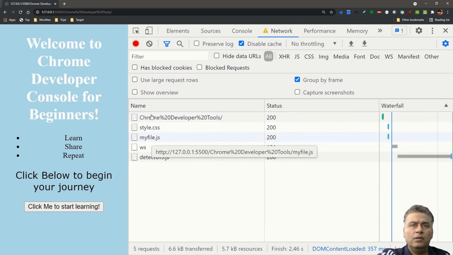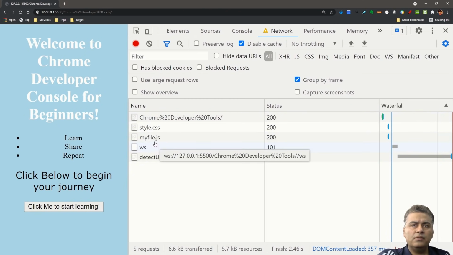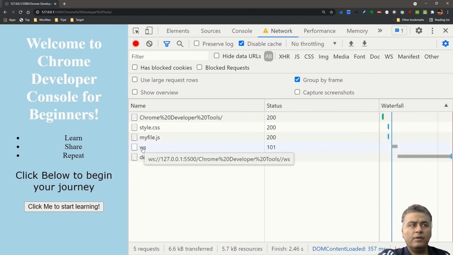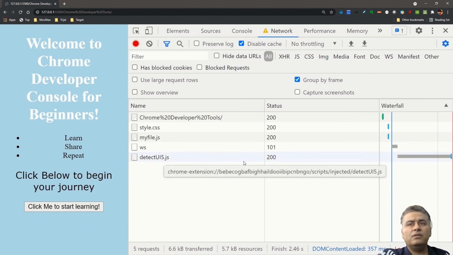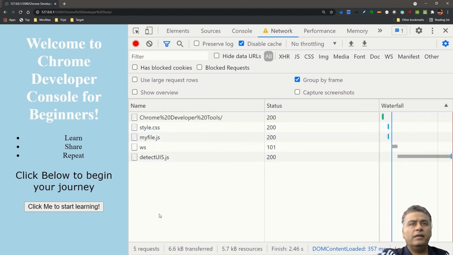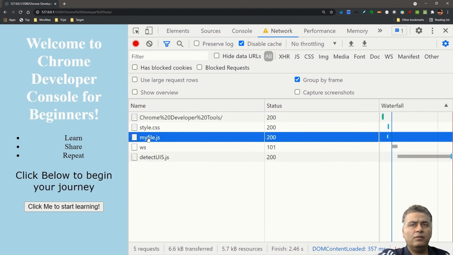are loaded. So you can see there is a style.css, my file, there is a WebSocket because of live server, there is a UI file, that you can ignore. So these are the different files which are loaded, and you can look at them. For example, if you click on this,